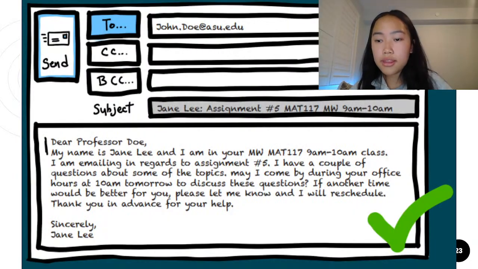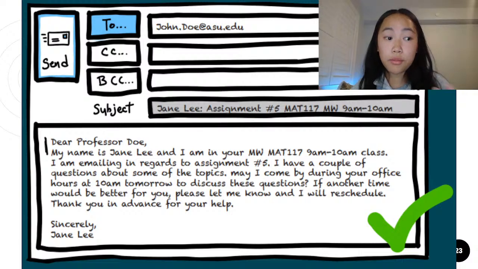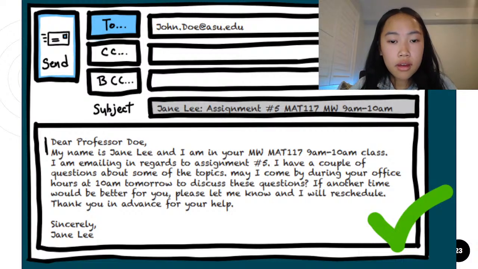On the other hand, this is more of an improvement right here. As you can tell, this email has been well written because it follows all the email etiquette rules. So let's check it out. For the subject line, it says Jane Lee, assignment number 5 for the class code, from which section, from 9 a.m. to 10 a.m. And right here, Dear Professor